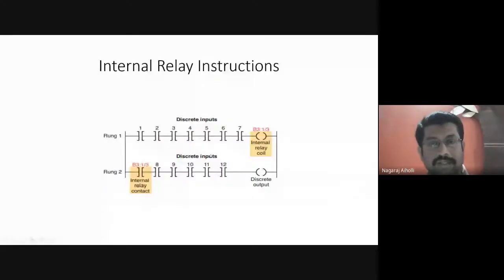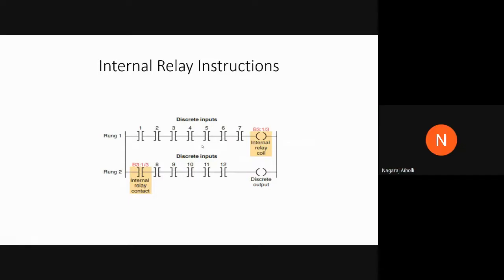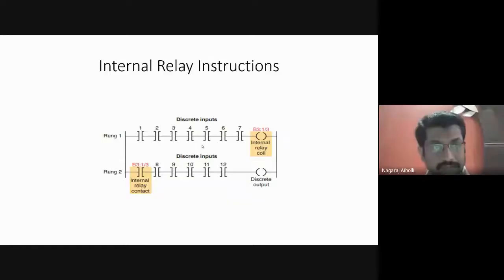That is how many maximum contacts can be used. And if we want to make use of some more series contacts, then we have to connect them in parallel with the logical continuity being maintained. That is the requirement. So to solve this problem, the contacts are split into 2 rungs.